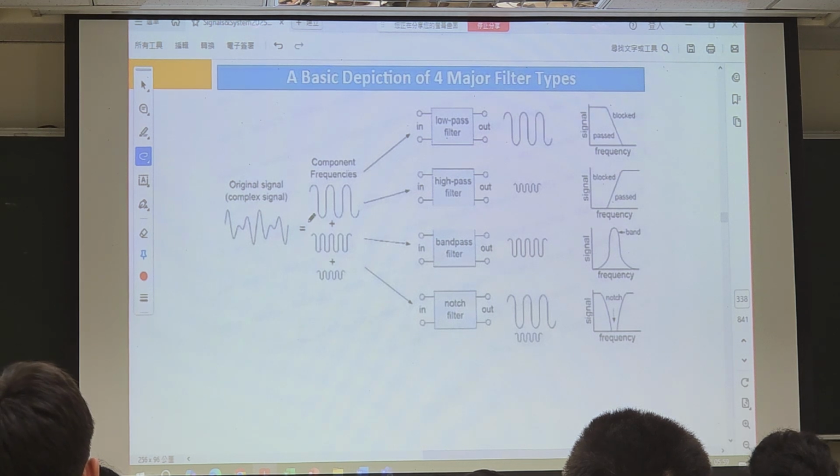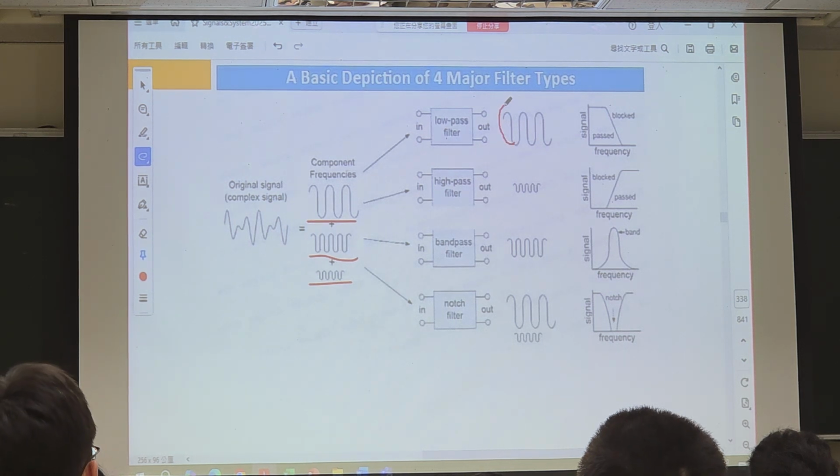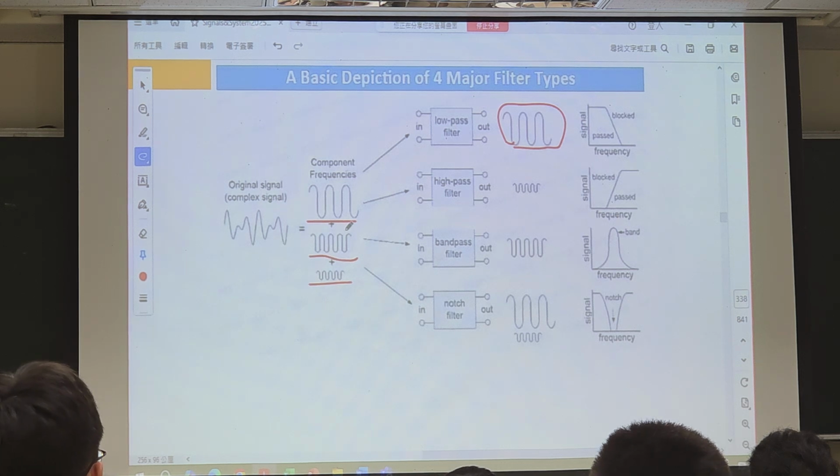One is low frequency, another is high frequency, and this is the middle frequency. Now if I want to allow the low frequency to pass and get rid of the remaining two components,